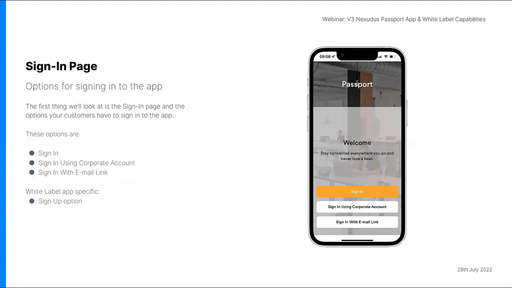Okay, so let's go ahead and actually take a look at the app. The first thing we're going to look at is the sign-in page, as this is the first screen the customer will see. The first option, simply called Sign In, will allow the customer to sign in with the same credentials they use to sign in to the members portal. The next option is Sign In using corporate account. This option will be available to customers if you have set up a single sign-on or SSO integration within the